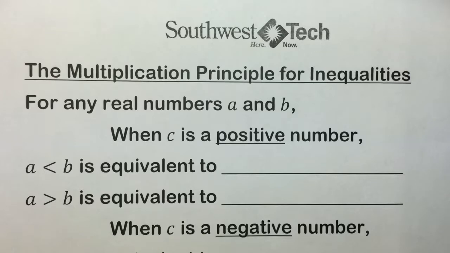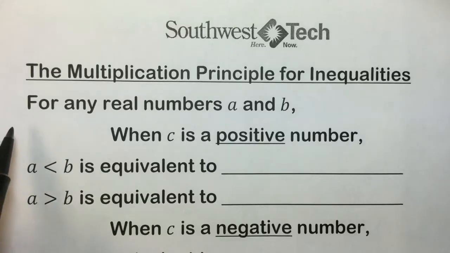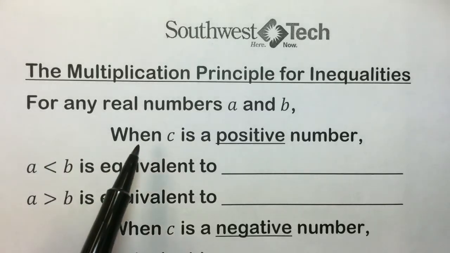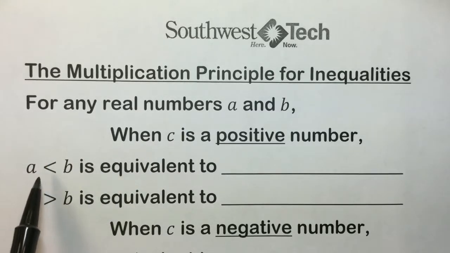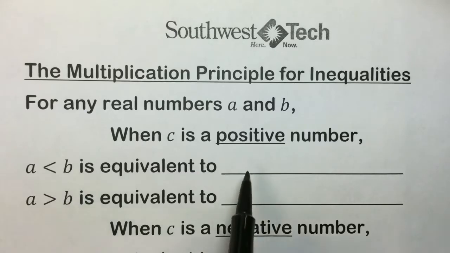The multiplication principle for inequalities is similar to that for equations, but it must be modified when multiplying both sides by a negative number. Here we have the principle for inequalities with the operation of multiplication, and it states for any real numbers a and b, when c is positive, if you have a less than b, we can have